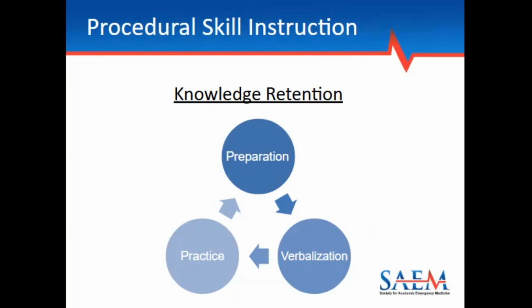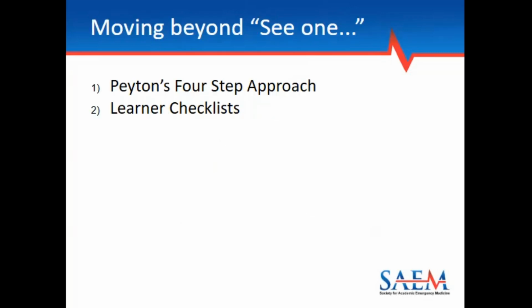Practice. Practice should include practicing the subcomponents first, leading up to the complete performance of the skill in all of its parts. For example, a junior learner performing a laceration repair may consider subcomponents of that procedure to include site cleaning, anesthetizing, placing sutures, and tying knots. Each of these steps can be practiced individually prior to the learner completing the entire task him or herself. Feedback should be given to the learner during both the verbalization and practice stages, moving beyond see one, do one,